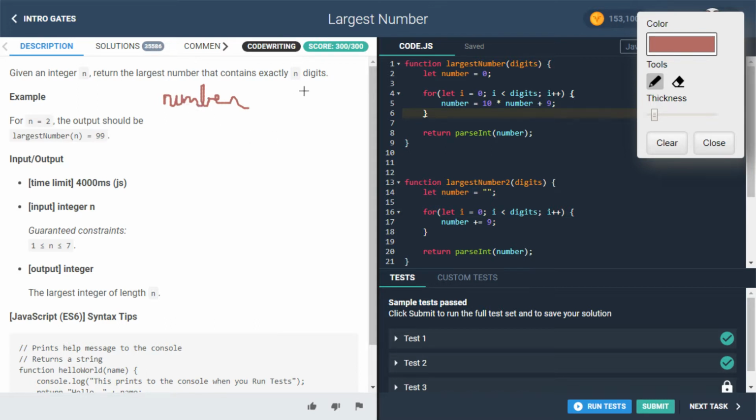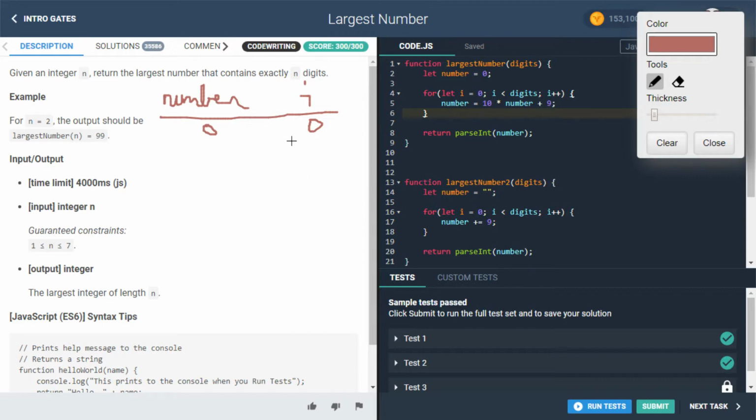Sorry about that. Now we have to look at that. Anyway, I will go over here. So we've got number, we've got i. Number starts as 0. And then for an i value of 0,